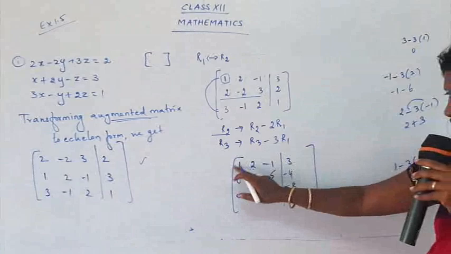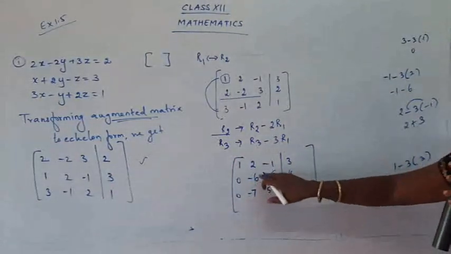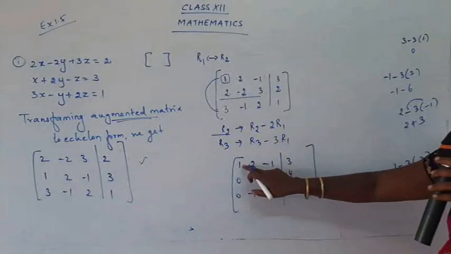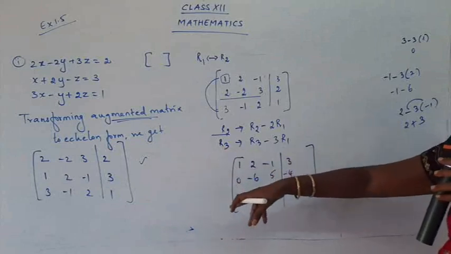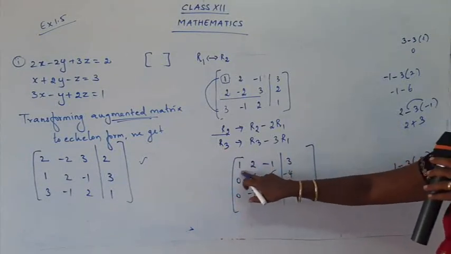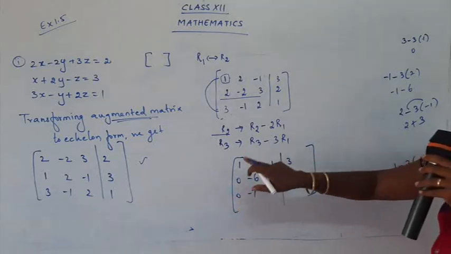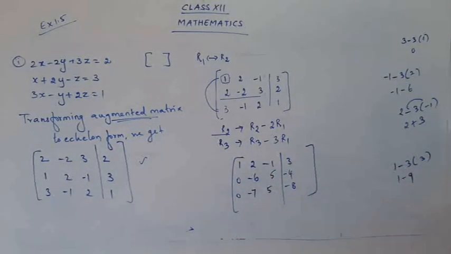So remember, always follow this, don't mingle everywhere, okay? Just don't try to bring 1 here or 0 there, no. Follow step by step. The first thing is we need 1 here. So try to find from the matrix itself if you are able to get 1. Otherwise, you just divide by the number and you get 1. The first step is to bring 1 as the first element in the first row. Then you have to make the numbers below the first element of the first row as 0.